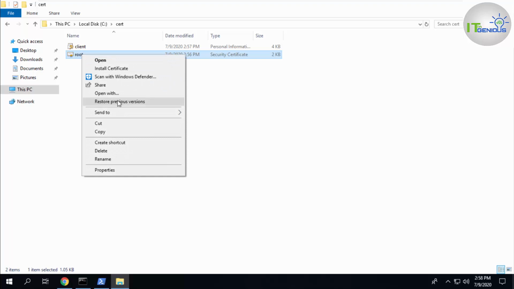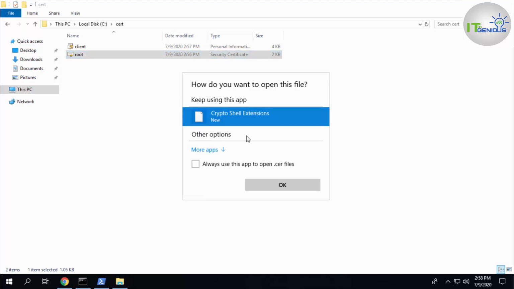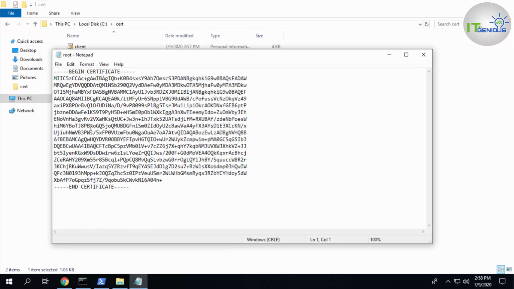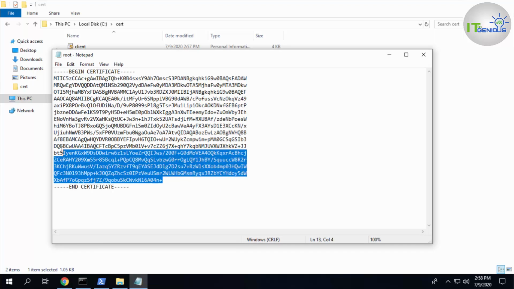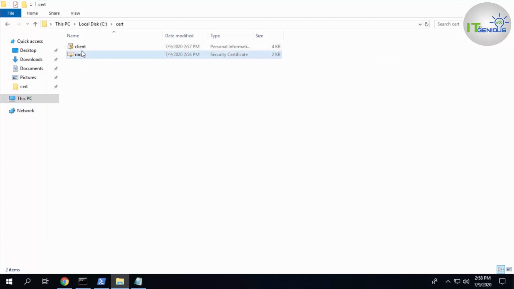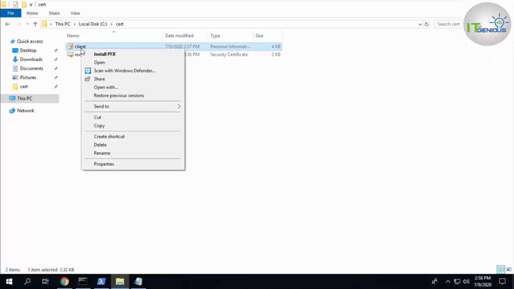What you need to do is open this certificate with Notepad, and that is the thumbprint. Basically that is your encrypted root certificate, which you need to copy. This information you have to provide on the Azure side, that is on the Azure VPN gateway. And the client certificate you need to install on your local system.